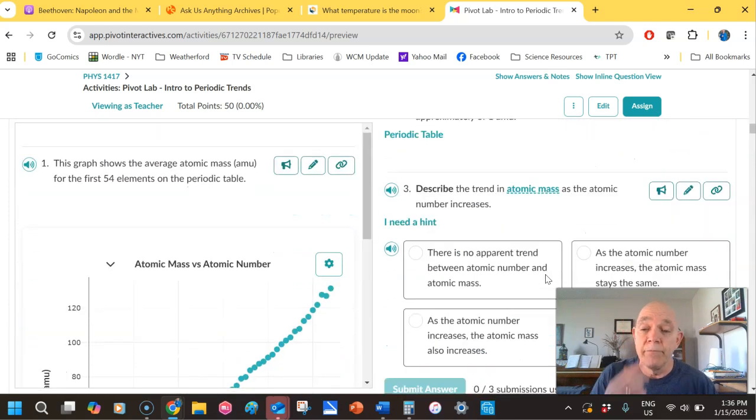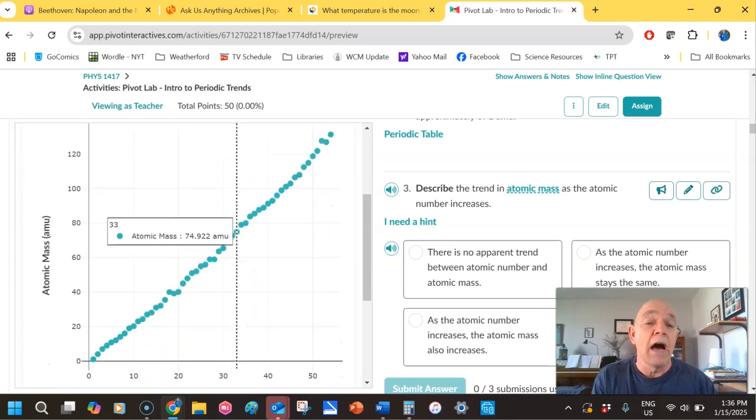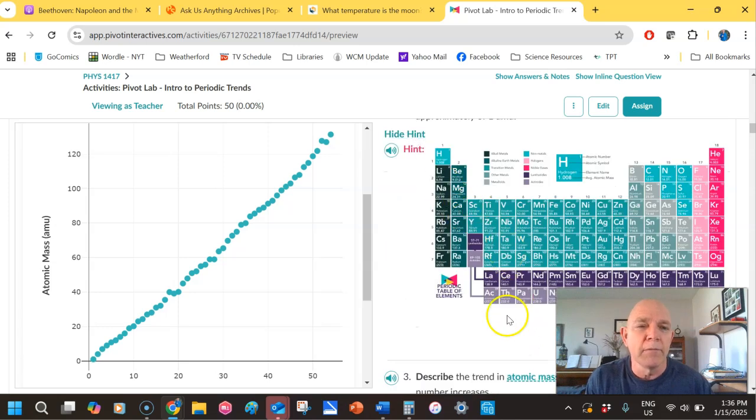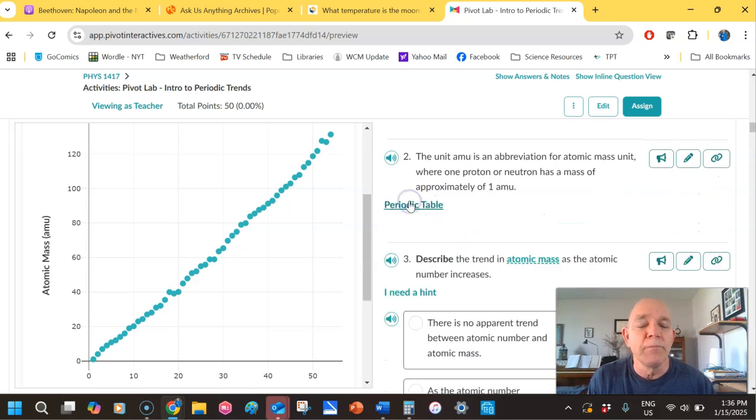Now, they're going to use a lot of graphs in this section. Okay. I would recommend having a paper copy of your periodic table handy and available, just to save yourself looking up. Sometimes under the hint button it will have a periodic table, but sometimes that scoots your question out of the way. So whichever works best for you. Okay. I like having just a paper copy with me so I can write on it, mark things